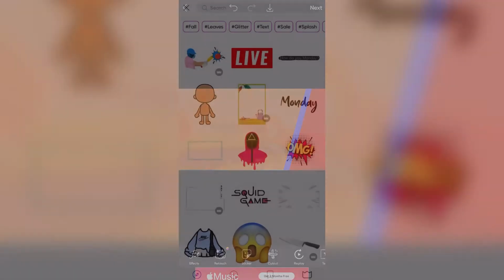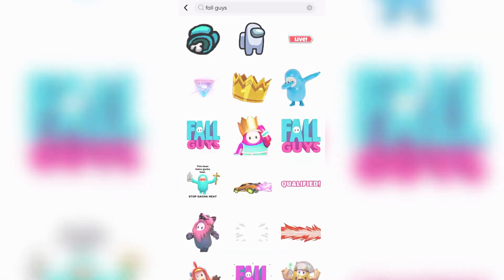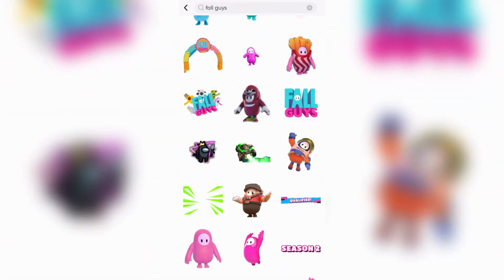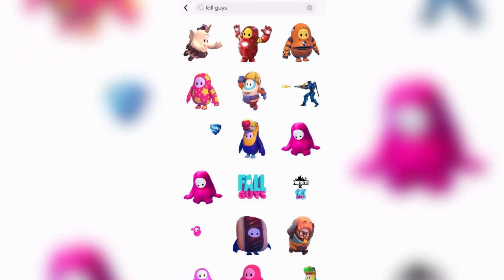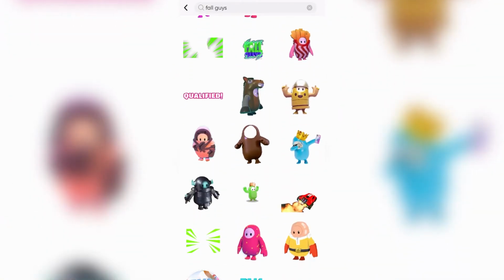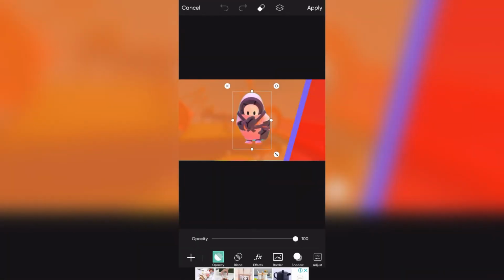So see, this is my base. Your background should look cool. It's your choice. If you want to make the orange color full, I have no issues. If you make it totally dark, put the orange color on it, no issue at all. After doing it, go to the stickers and select Fall Guys. If you are making a thumbnail for Fall Guys, or anything else like GTA, Franklin, Michael, any online character, even your own character, you can cut it out and put cutouts of it. I like this ninja standing over here. Let me put the ninja here.